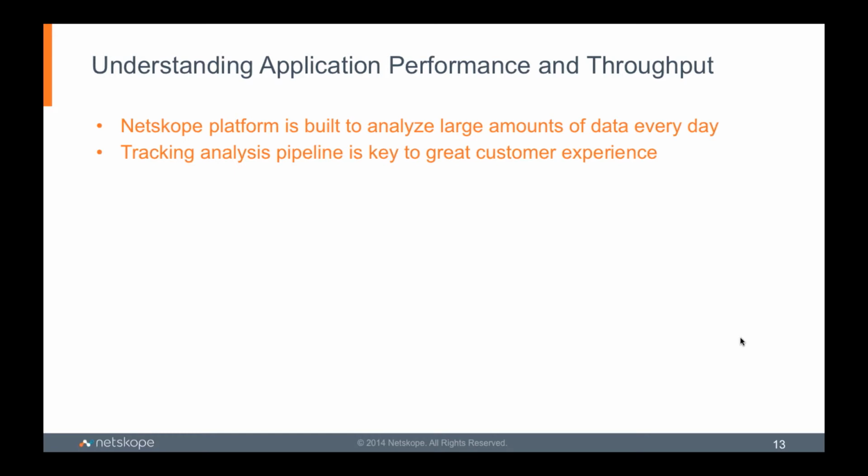Tracking the analysis pipeline, making sure things are not falling behind, making sure we have enough headroom for growth is extremely important for our customer experience. And we have built an excellent array of dashboards by using our instrumented logs and using Sumo Logic queries to really predict what kind of performance are we going to see if the load on us is, let's say, 10 times more than what we are seeing today. That allows us to scale systems proactively, that allows us to be a step ahead of anticipated customer demand, allows us to do capacity planning.